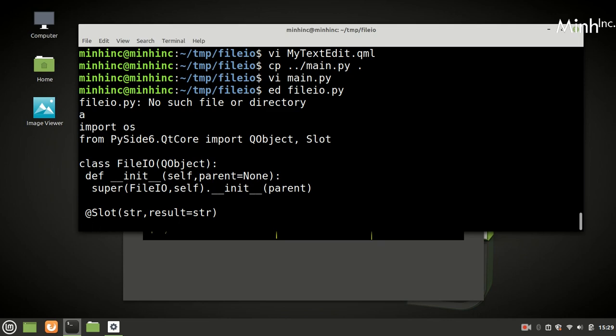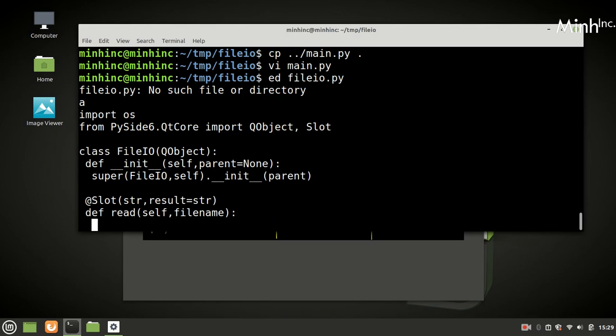So we will have read now and self.file. From this file we have to read the data. File name has to exist, and we can just return open. This open function is a built-in module function. File name dot read.